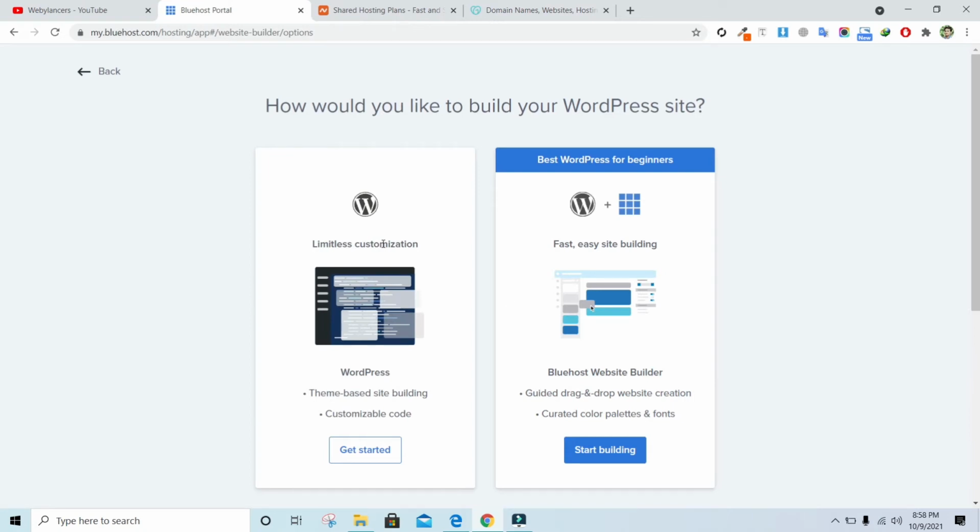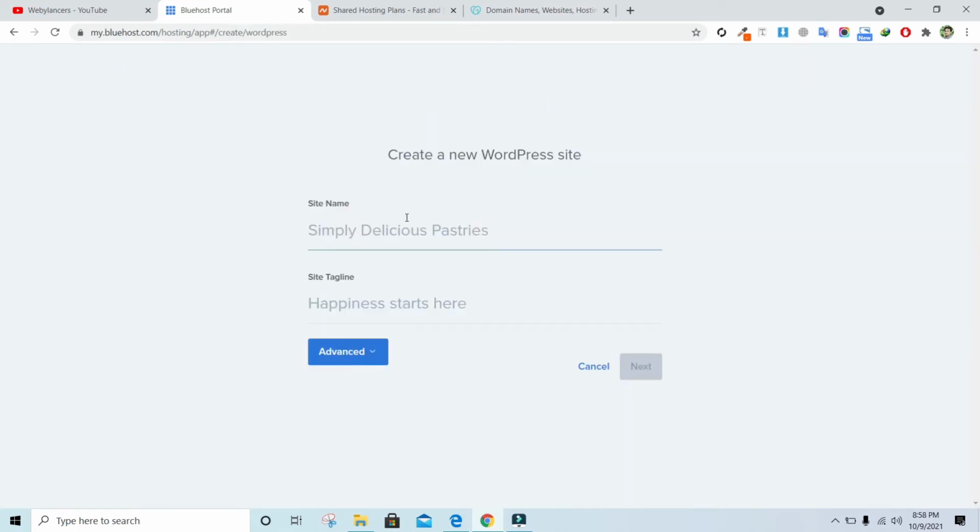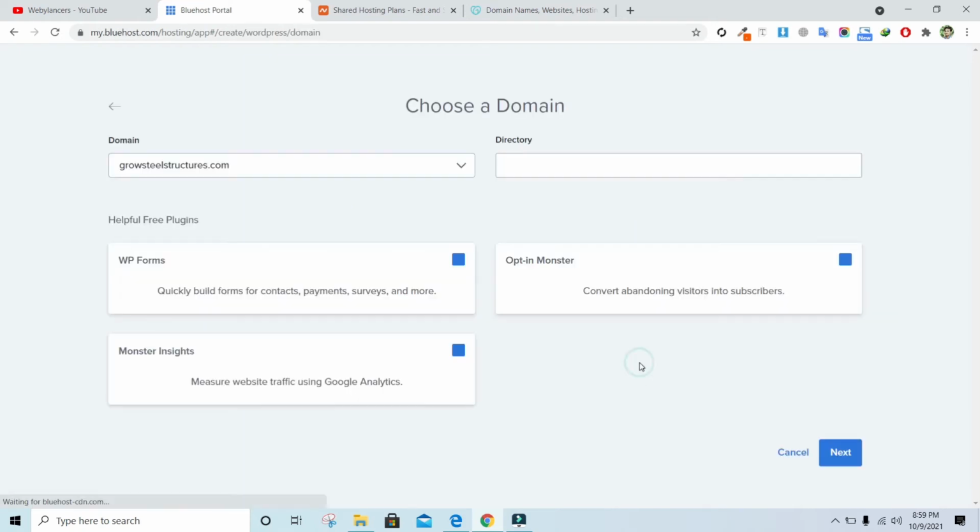Here you can go to the limitless customizations of WordPress, click on get started and just put your website name. You can also put the site tagline and just click on next.